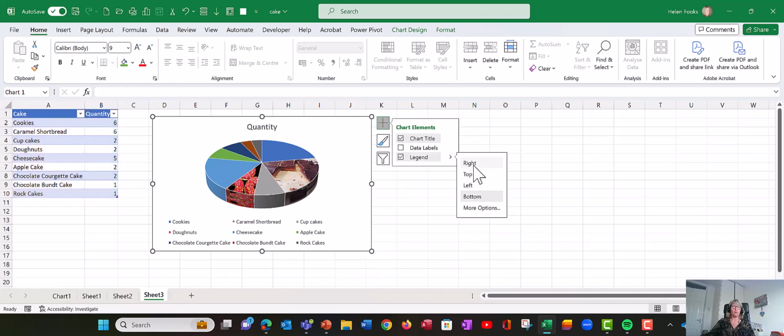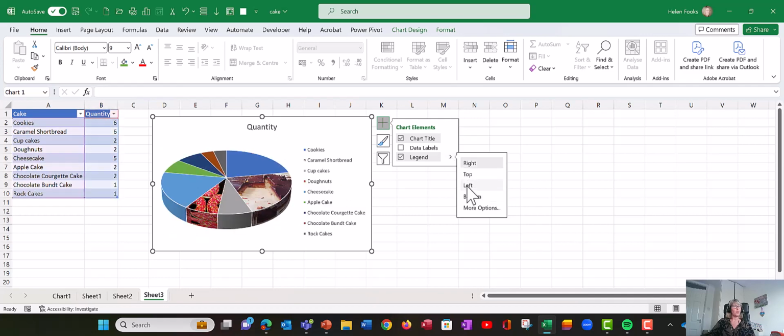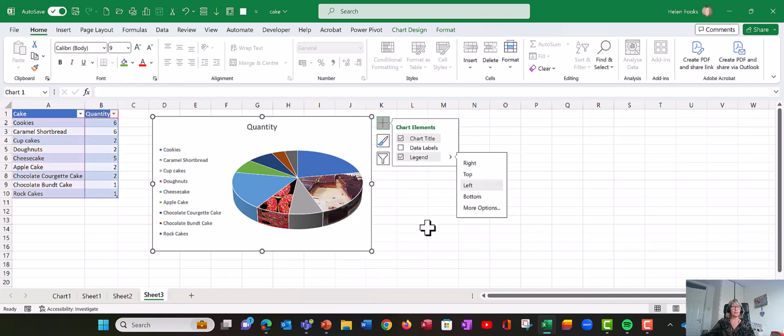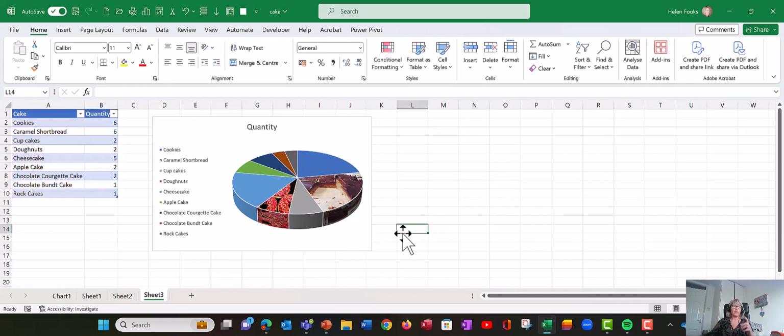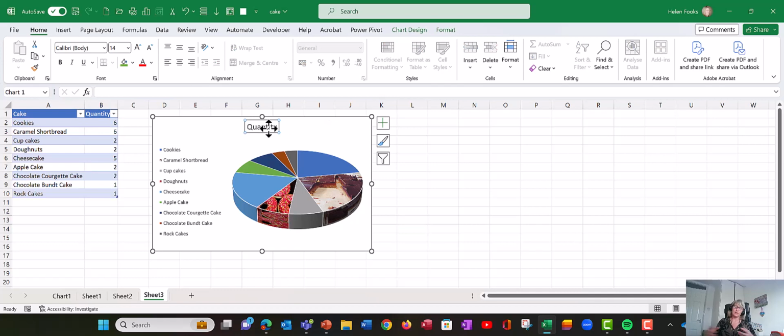So I can go right, or I could possibly put it on the left. I might try the left. So choose whatever's better for you. And the other thing I'm going to do, I'm going to delete the title